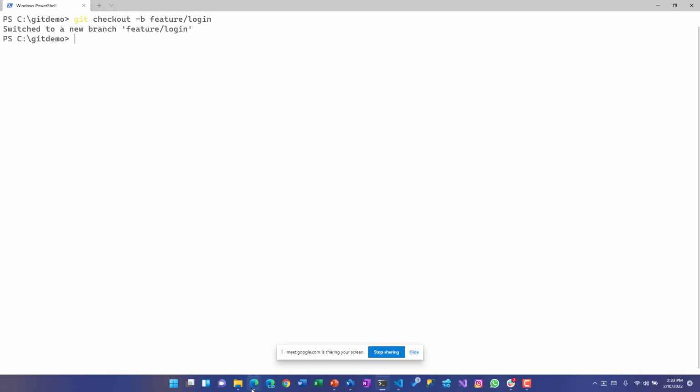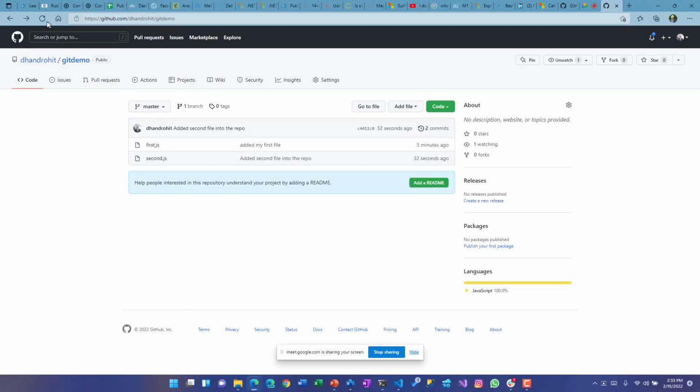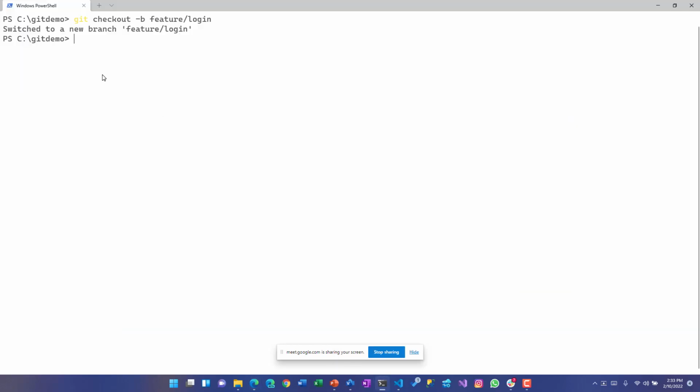It has nothing to do right now with your GitHub. So even if you refresh this, you don't have it, right? And there is no necessity to create a branch over here. Sometimes people start creating branches over here. No, never ever create a branch over here. Your single source of truth is this. Okay, so now you check out this branch.